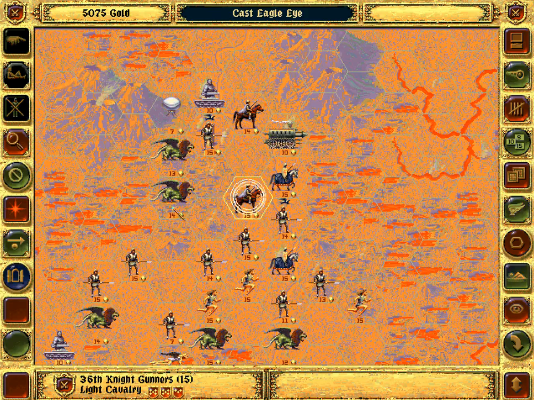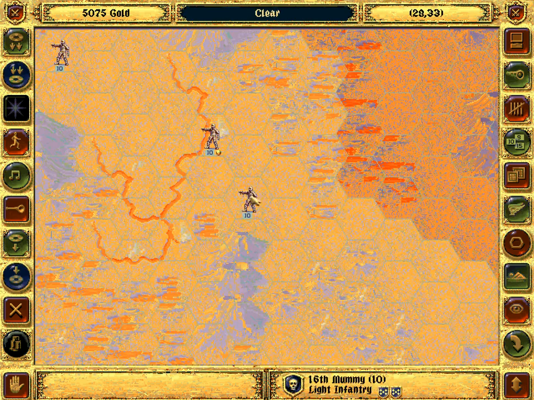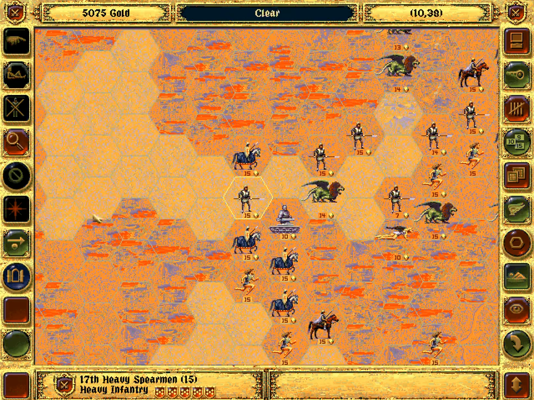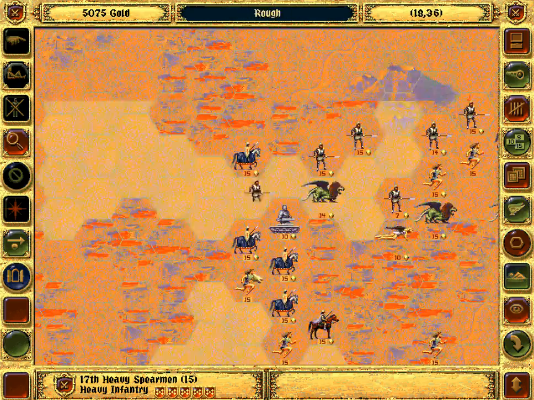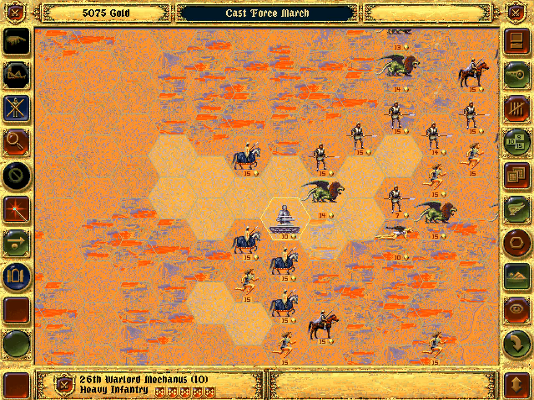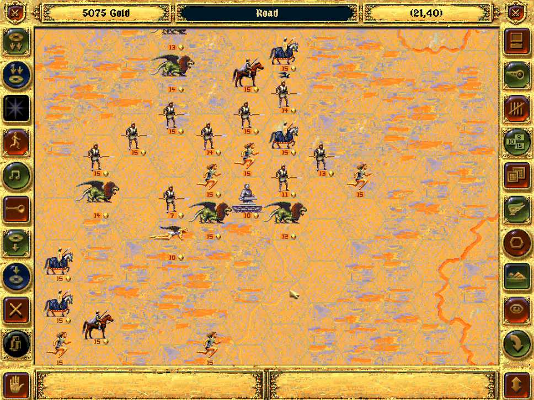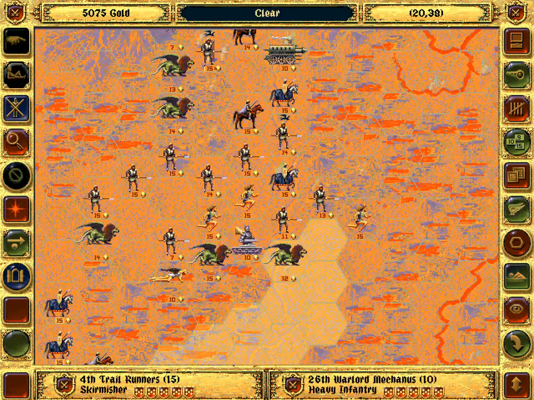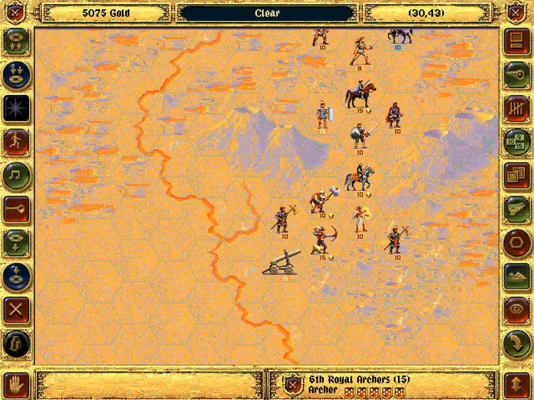But still, we need more information on what awaits us. Nothing here. Nothing too serious here either. I'm very happy about our volunteer army. Siege engine and the spellcaster. Even though they would be totally useless, sort of like the archer,